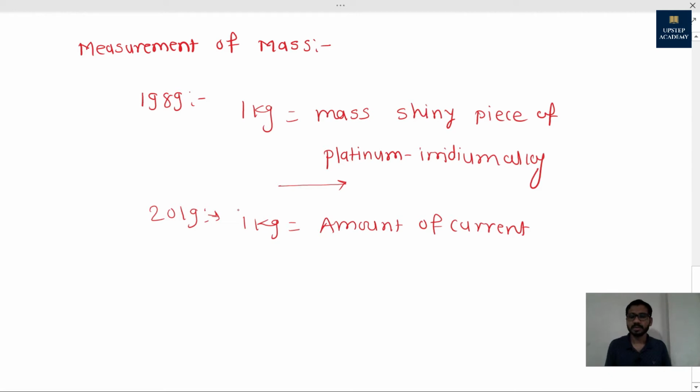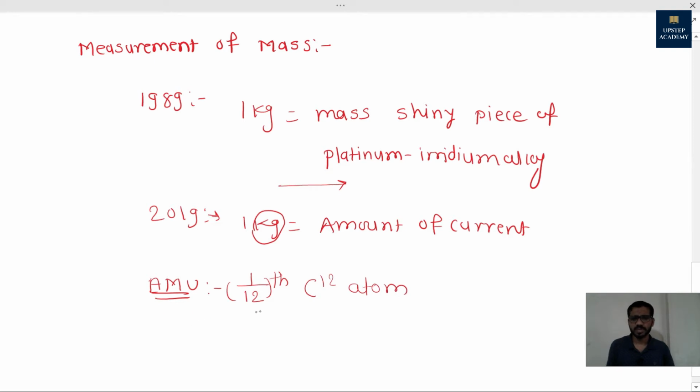So that is about the big unit of mass, the kilogram. But this kilogram unit cannot be used for measurement of small masses like the mass of an atom, electron or proton. So that is why there is another unit being used. That unit is called the atomic mass unit. Atomic mass unit is nothing but 1/12 the mass of an unexcited C12 atom.